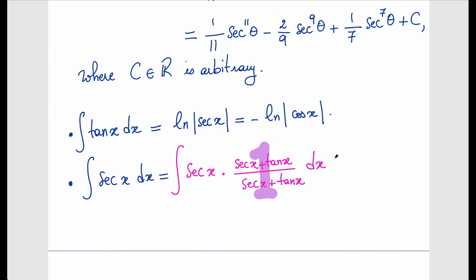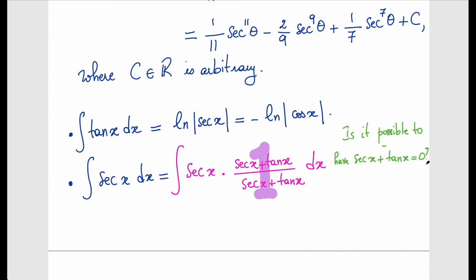dx. So you may think, okay, what if sec x plus tan x equals 0? Is it possible to have that? Because look, I'm multiplying and dividing by this entity. What if this guy, sec x plus tan x, equals 0? Right? If it's 0, this is nonsense. We cannot do that. So is it possible to have